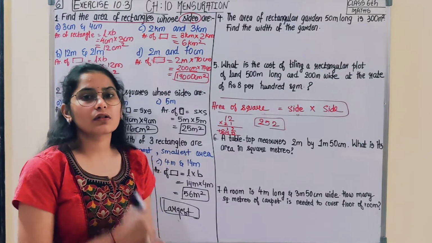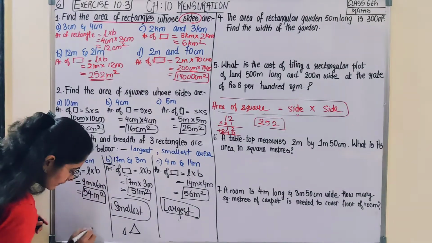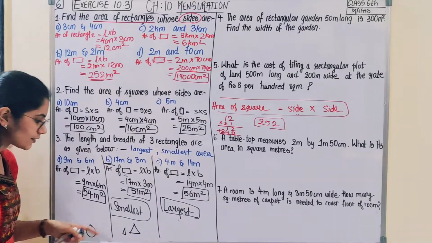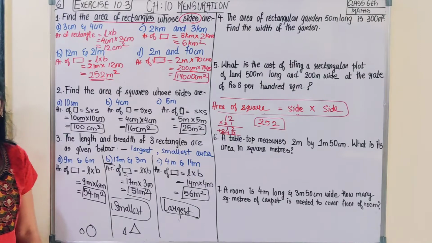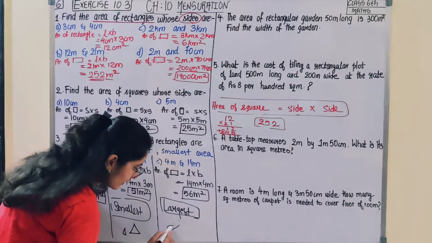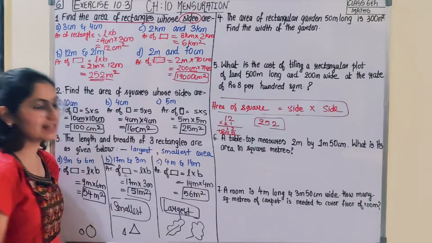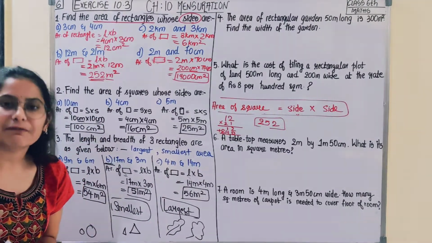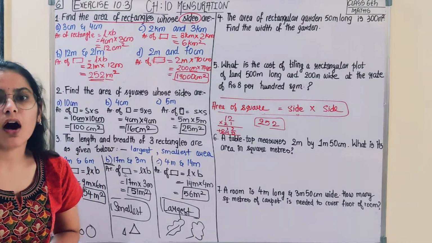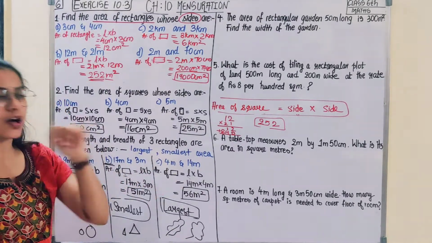We discussed, if you are able to recall, in the 5th video lecture, I considered 3 sets of figures, something like this, and I asked you which one is having larger area. By observing the size of the figure, you can say the one which is having smaller size would be having smaller area. But in case I give you something like this, now you tell me which one is having larger area. So this is a little bit difficult. So to get this answer, we introduce the concept of graph paper or squared paper, or else we can use the formula directly. So in this case we used the formula.